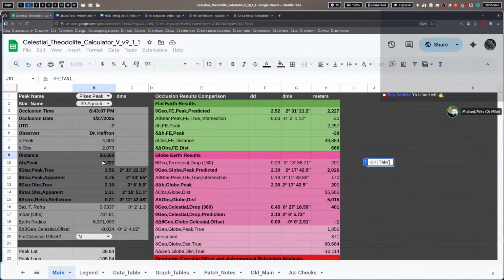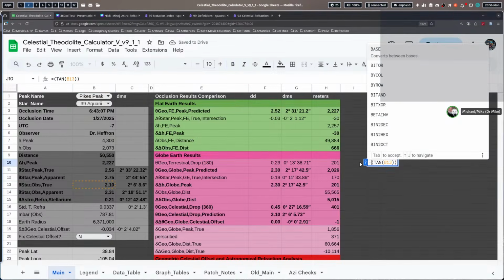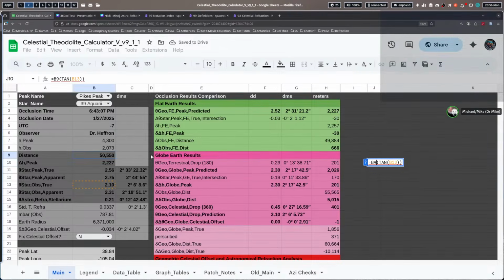So that would be the angle at B13. So it's distance times the tangent of that angle is what's observed. And then subtract from that what they actually, oh sorry, that's the predicted part. So that's the part you want to subtract from the other calculation, which is E9 times the tangent of,